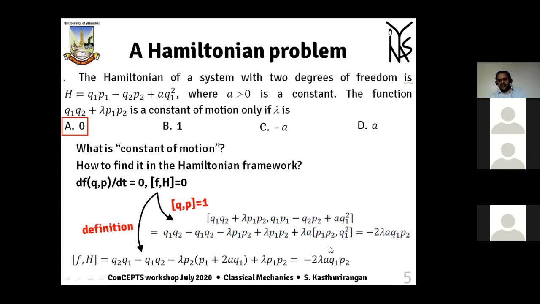So it's a matter of convenience whether you are more conversant with using the fundamental Poisson bracket relation at every point, or you do it by definition, that is using the derivatives of f and h with respect to the coordinates and momenta. My personal preference is for directly using the definition, because in using the fundamental Poisson bracket repeatedly, there can be more mistakes. But it is a matter entirely of your choice. Physical significance of lambda, I have not thought about it, and I don't think it is a straightforward matter to arrive at that. That is how I would put it.